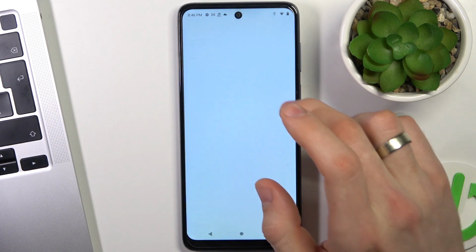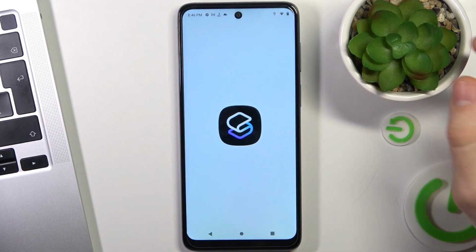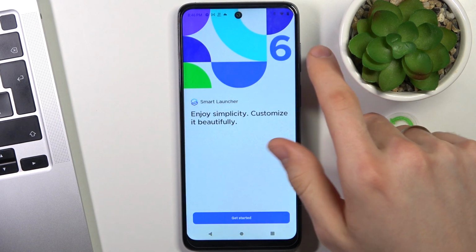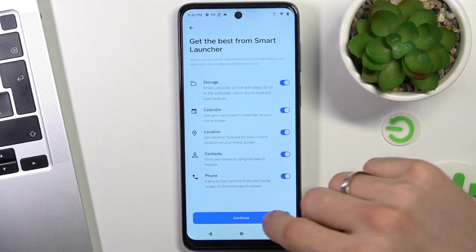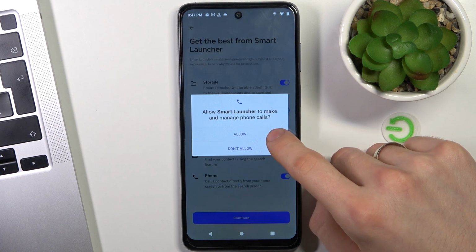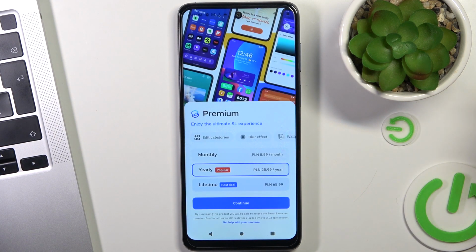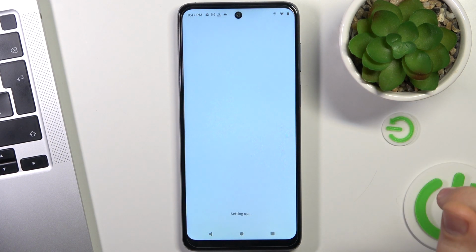Smart Launcher 6, open it, click Get Started, I agree, confirm, continue, while using, allow. You can set up suggested wallpapers, click on the cross,